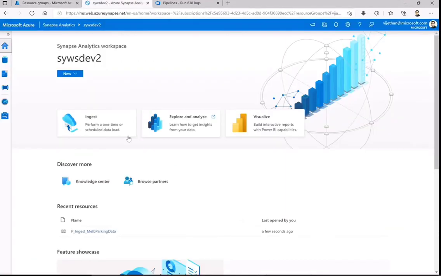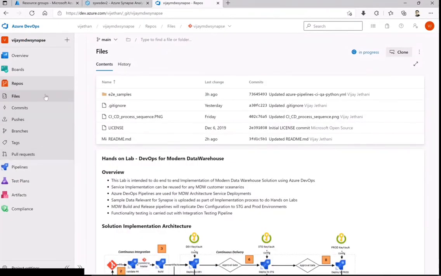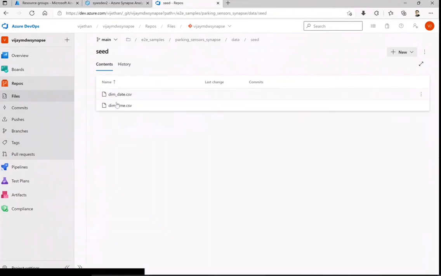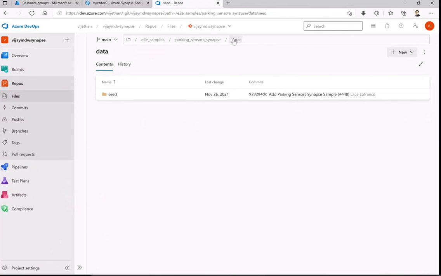So that was the other thing I wanted to show you. And the other thing I was trying to show you is where all these artifacts are kept. From the data layer, I think you can see the seed, the date and time. This is the one data layer we have.